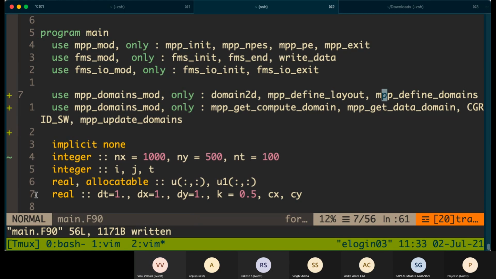If you just call MPP define domain, FMS will actually partition the domain into the right local domains, of whatever size you need. And there are query functions, MPP get compute domain and MPP get data domain and so on. I'll show you how to use all those things.